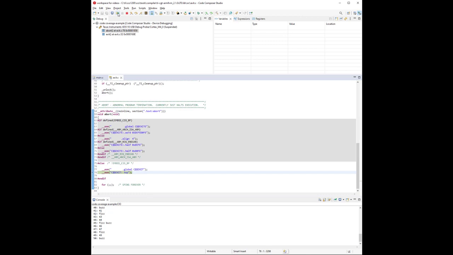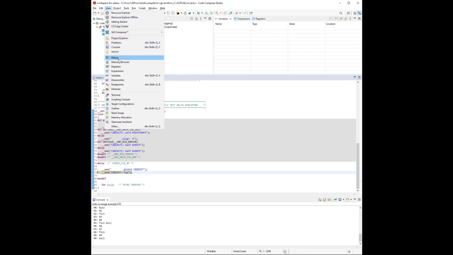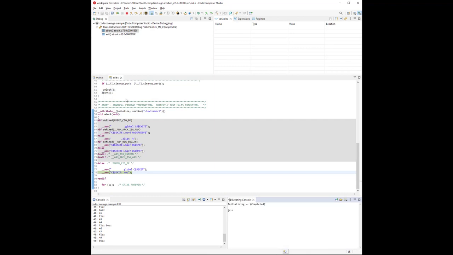Before we do anything else, you don't want to end the debug session by hitting this icon here to terminate the debug session. You don't want to do that. The next thing you want to do is bring up the scripting console. So View, here it is, Scripting Console. And now we want to browse, we want to open up that JavaScript script we just saved.